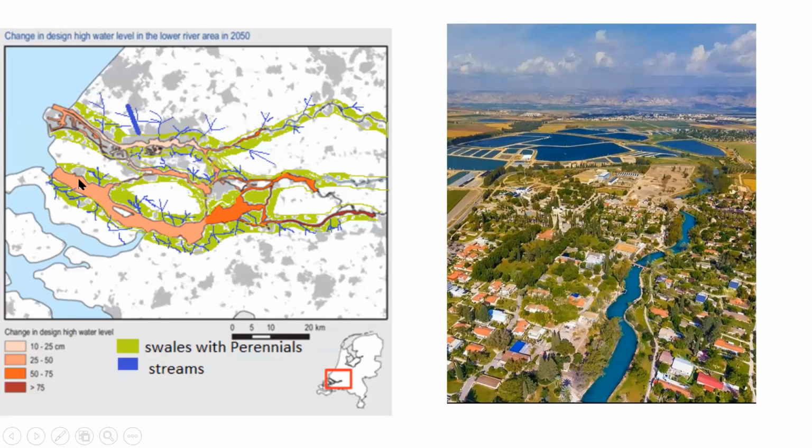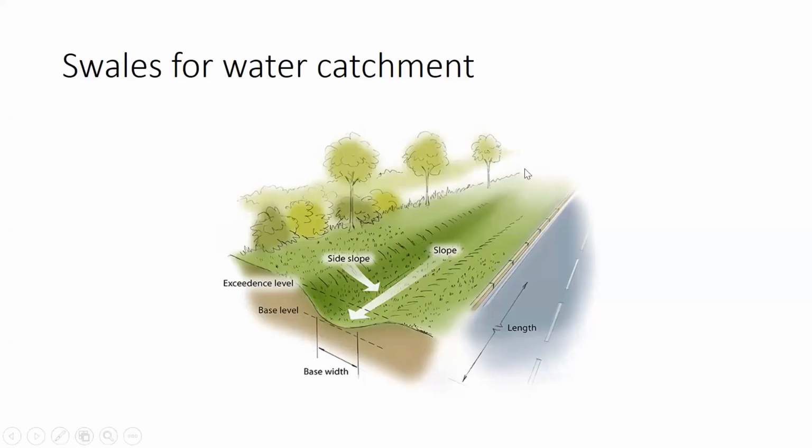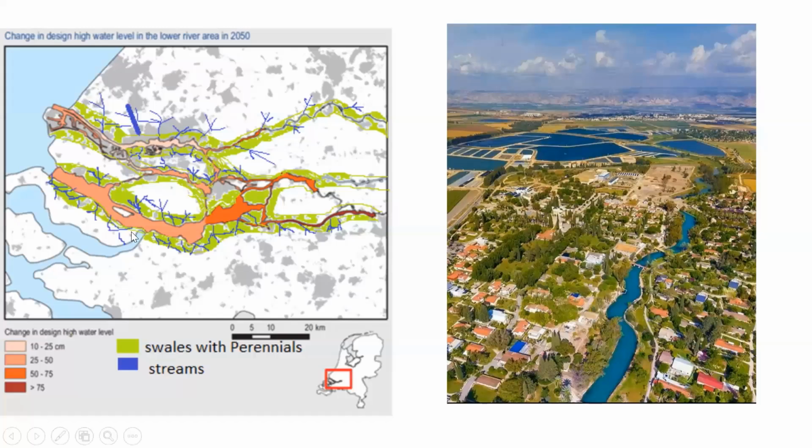Swales are regions where we can contour the land, as I will show you now. This is how we can contour the land. We create a slope so the water goes into the land and then onto the trees, down to the roots. So these swales could be all around where we contour the land. We make a slope in the land around the river, so it allows the water to go in, and then